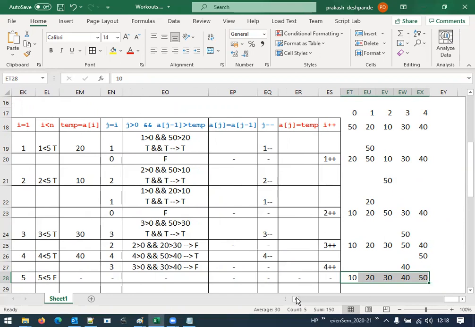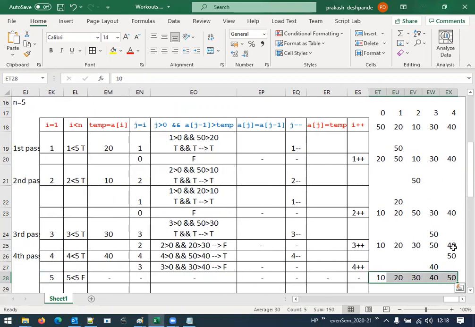At every pass or at every iteration, we try to compare the second element with the previous element, and by taking this number into a temporary variable, and we keep on comparing. If we find that this variable in the temporary is smaller than the comparison element, then we will swap. Otherwise, we don't swap. When condition becomes false, that means on its left side, all the numbers are smaller than the temporary.